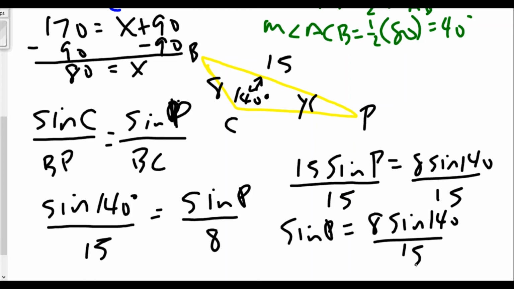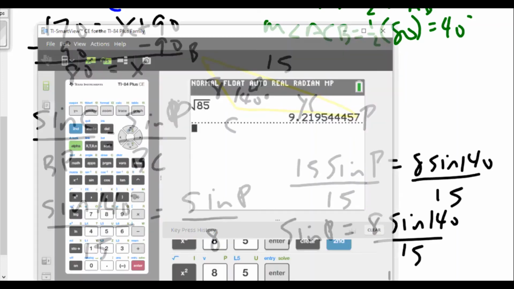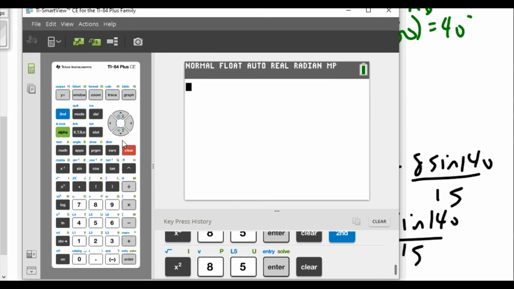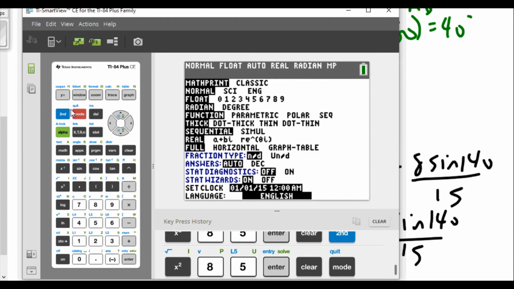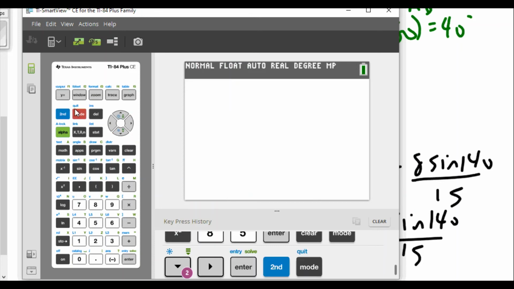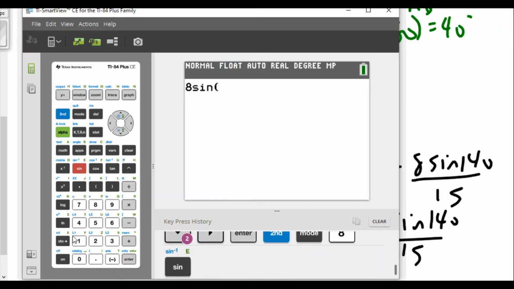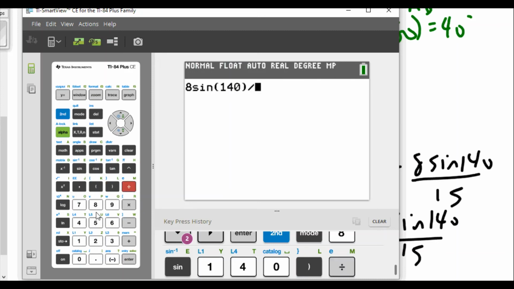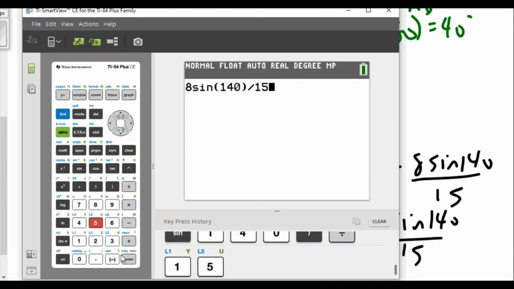So we'll break out calculators now. All right, let me clear this from our previous problem. Okay, so we have a situation here. Just make sure we're in the right mode. We have to make sure we're in degree mode. Okay, enter. Now, back to our home screen. So we have, in this case, 8 sine of 140 degrees divided by 15. And we get a numerical value of